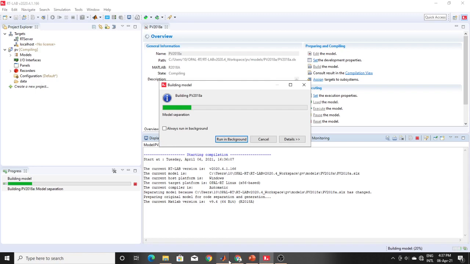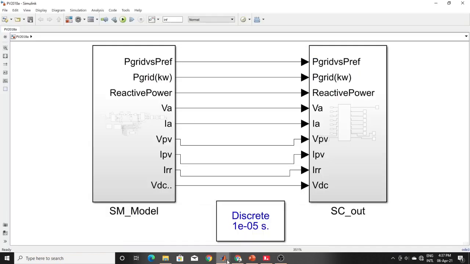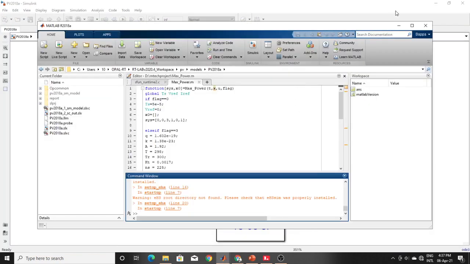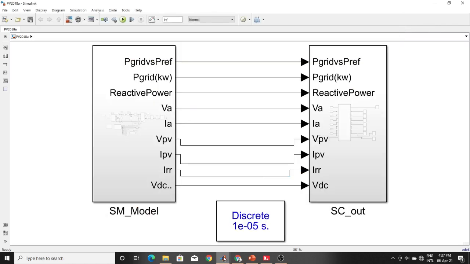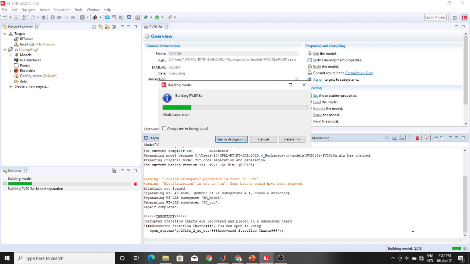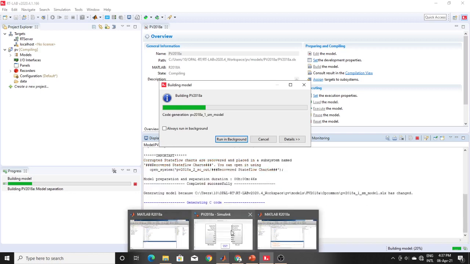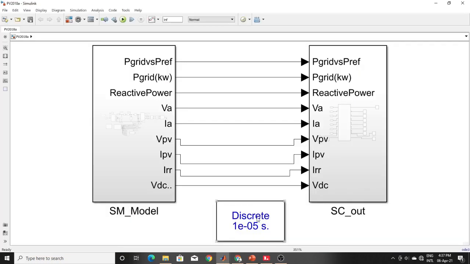So this is the best way, I'll show you which one. It's already built. Don't think about this warning too much, you don't need it. Okay, let's do that.